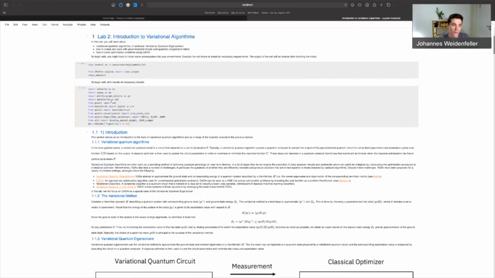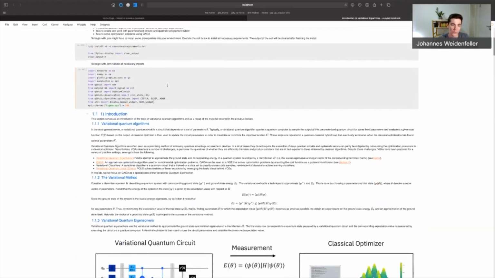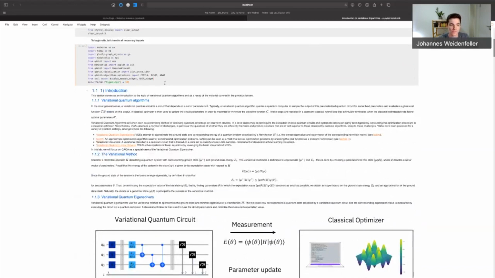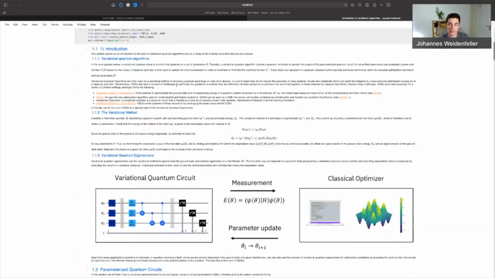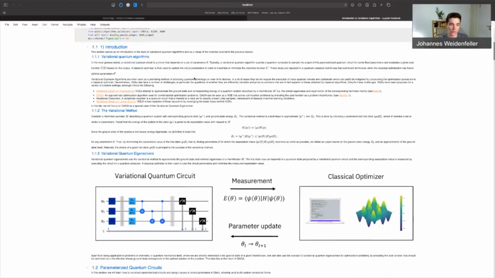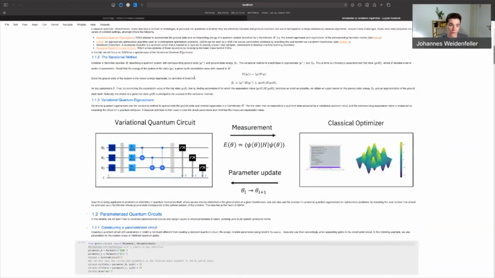Okay, so there are some imports at the beginning. I'm not going to go into too much detail here, but we'll need them throughout the code in the notebook itself. The first section of this notebook just serves as an introduction to the topic of variational quantum algorithms. If you followed my previous talk on the introduction to QAOA, it is mainly a summary of things that I talked about in that lecture.